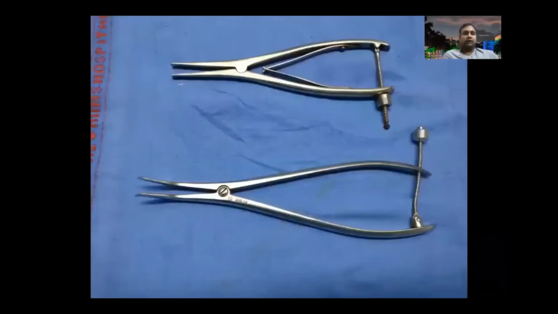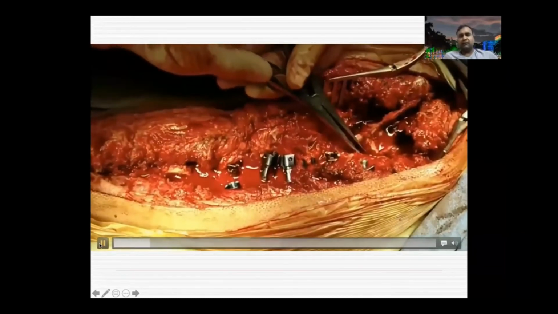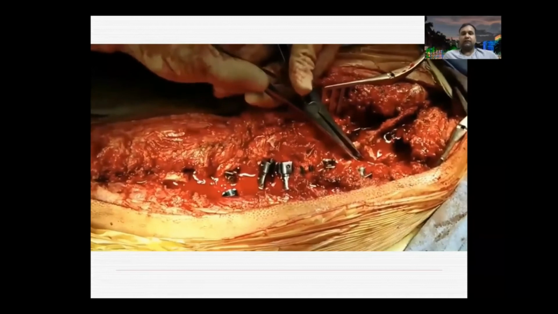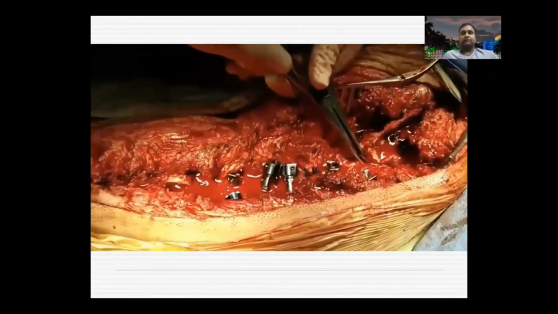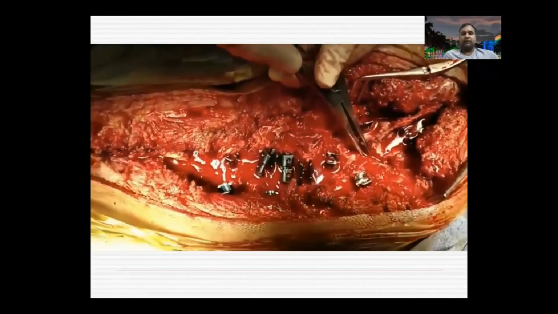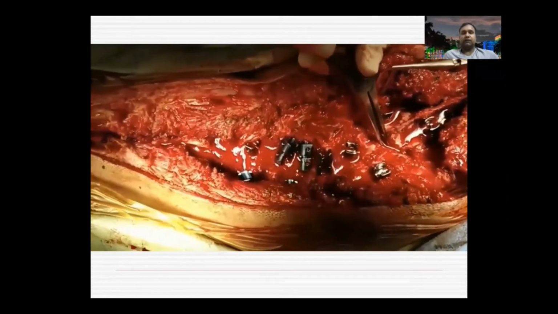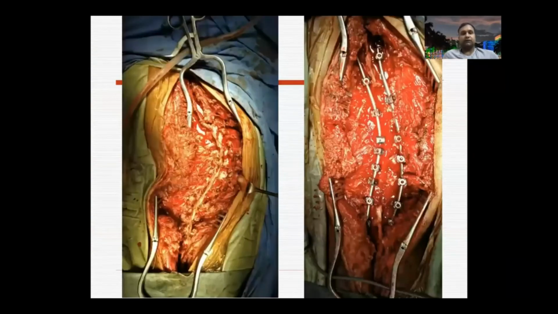This is a very useful instrument, what we call the lamina spreader, and we use it to assess the mobility of our osteotomies. This is a video showing how we check whether the osteotomy we have performed is sufficiently mobile or not. You can see that this is a grade 2 Schwab posterior column osteotomy, and we have sufficient mobility. This is just a correction with the help of the posterior column osteotomy. You need not do it at all the levels. Basically, it is required mainly at the apex